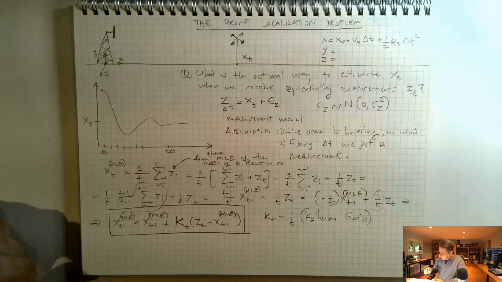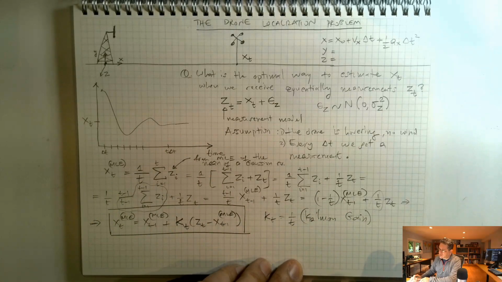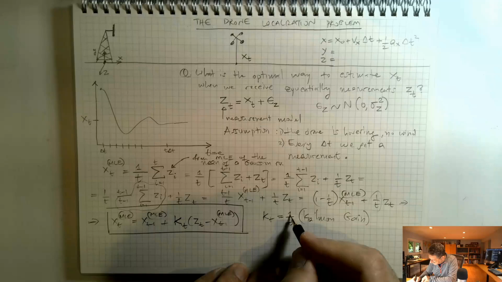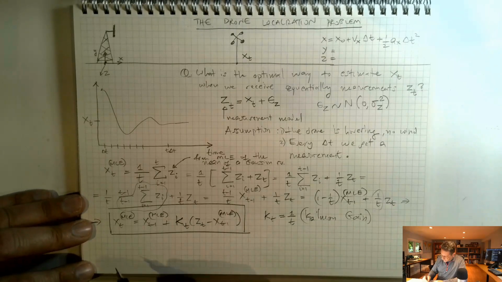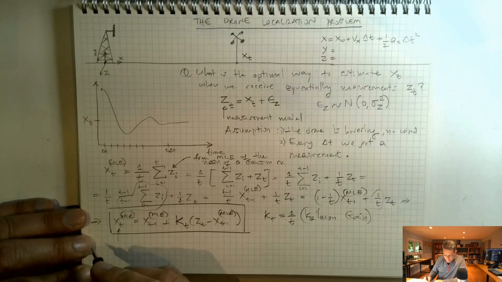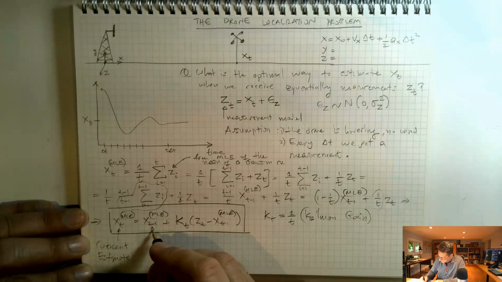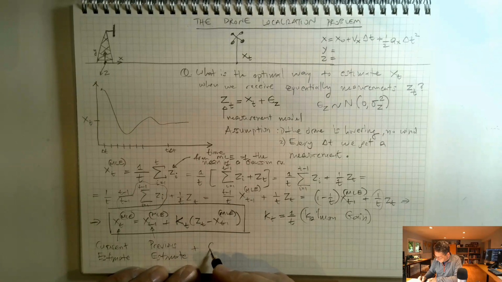This does not yet have something to do with recursive state estimation. It does have something to do with recursive state estimation, but right now we are just looking at the maximum likelihood estimate that we can form from so-called streaming data. Streaming measurements are coming in one after another. So the formula says something like this: the current estimate is the previous estimate plus a gain factor